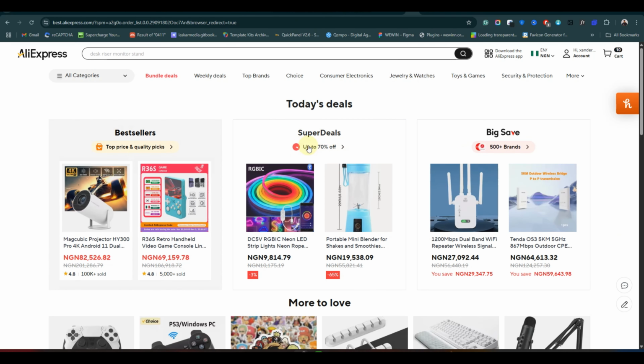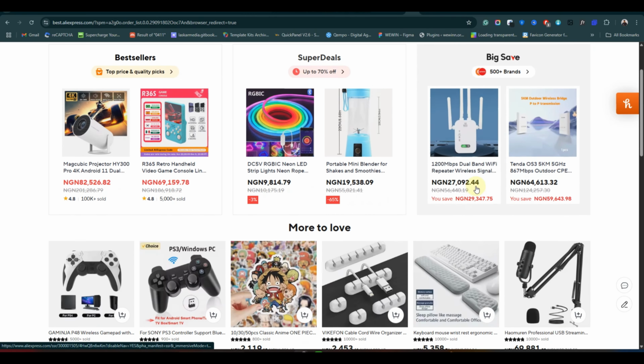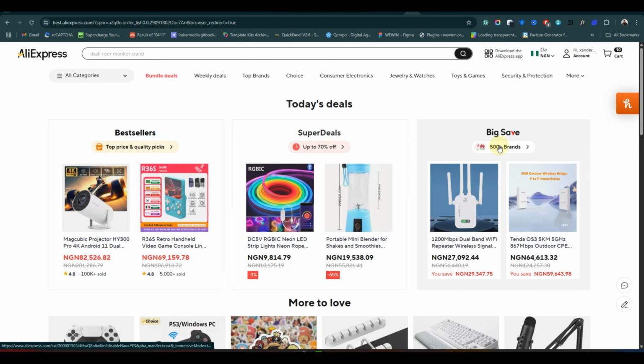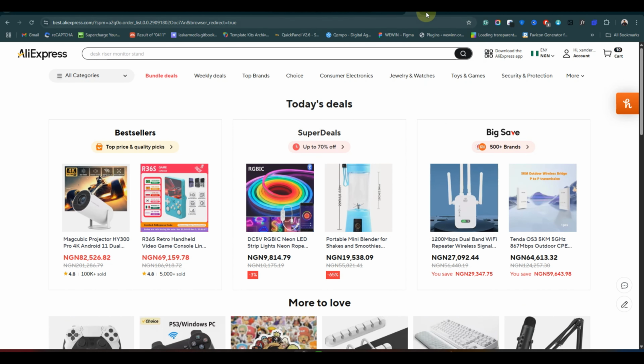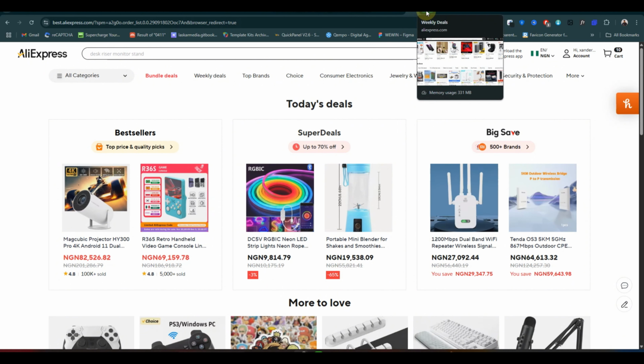Then this save big is like buying things that are more expensive at cheaper rates. They also have bundle deal, like buying in bulk. If you're a reseller and you want to start selling or start doing shipping, business, importation and all that, you just need to go for the bulk option. Once you go for the bulk option, you are going to be buying on a large quantity at a very cheap rate. So now once we have selected our product and all that,